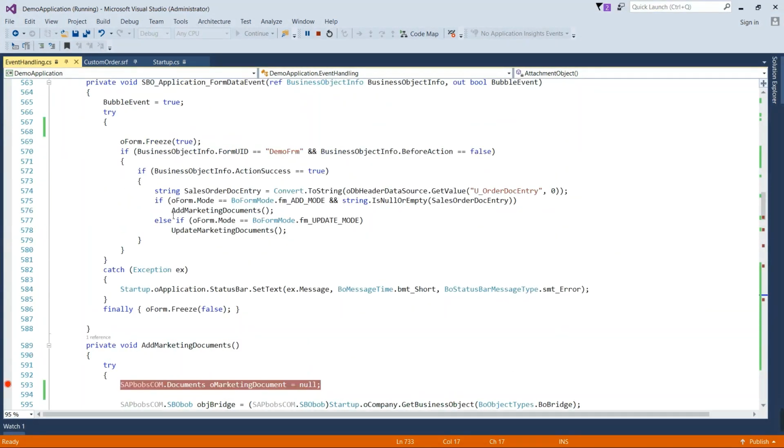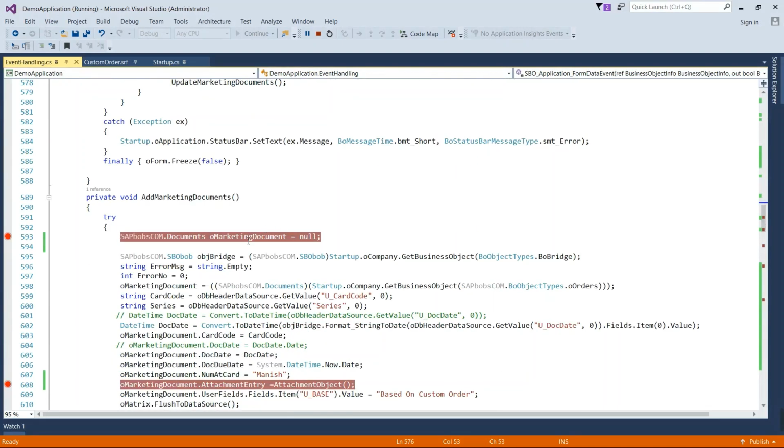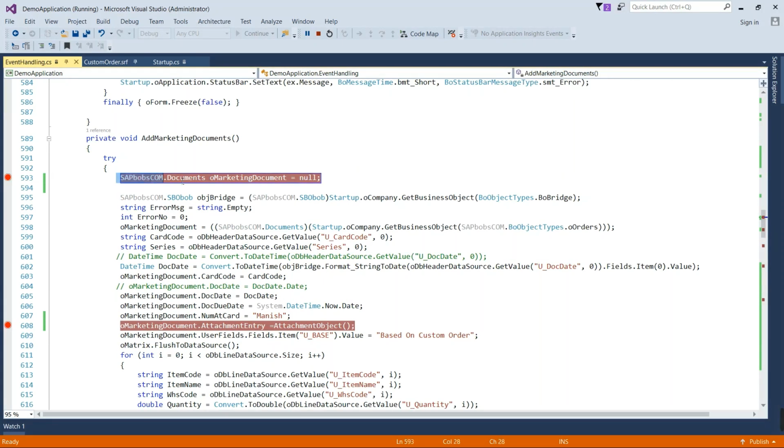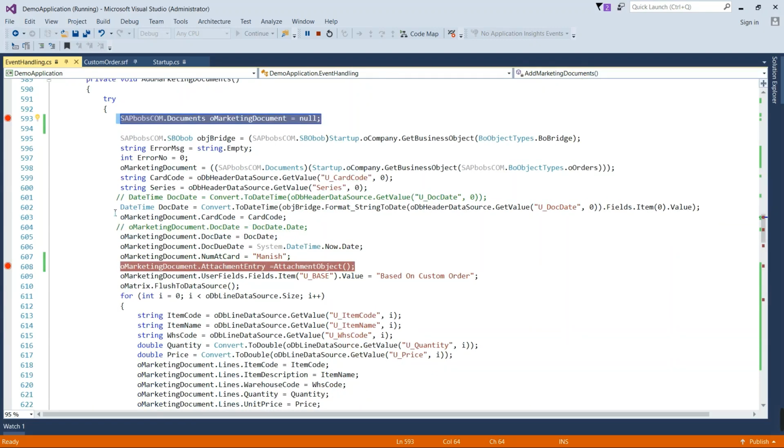So you can see AddMarketingDocument. On the add of the customized document, I am calling AddMarketingDocument here, and here is the variable declared as documents type, and here we have created the sales order object, and then we are setting the properties for the header.